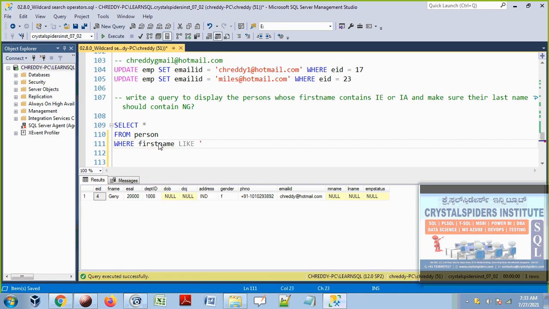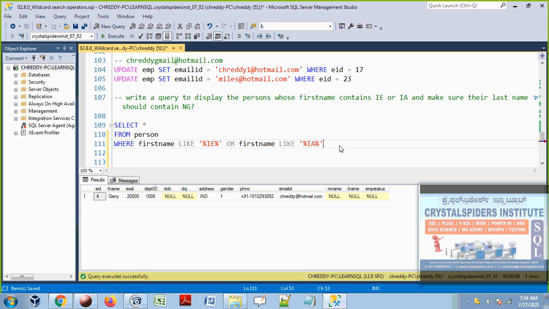like IE or IA. So now here we are going to make it IE, or the first name contains IA. Let's copy and paste here IA.